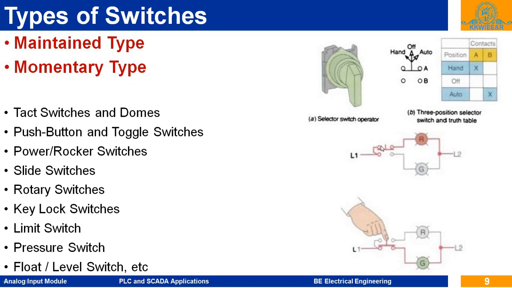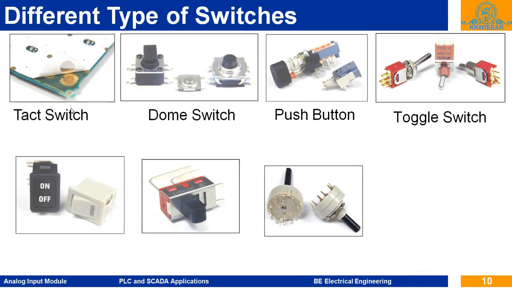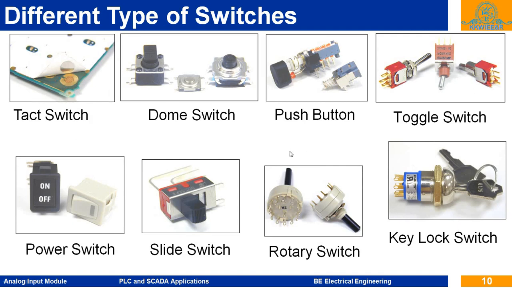So there is a supply, then these two elements are shorted, one is normally closed, so the lamp is on. When we press this red button, the red lamp is turned off, because the supply at this contact is disconnected, and the contact at the second terminal is connected or maintained, and the power flows from L1 to the second set of contacts to the green lamp. So these are the different types of switches.